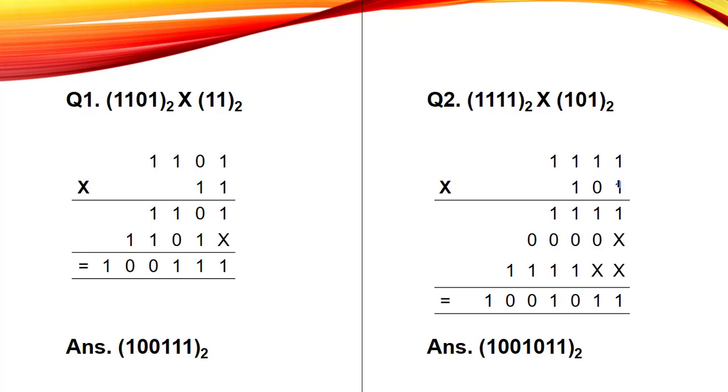Fine. So when you multiply with this 1, the result will be 1 for this one. Then 1 by 1 will be 1. 1 multiplied by 1 will be 1. And similarly, you will get the result as 4 times 1. Now in the next step, we have to multiply the above number with the 0. So when you multiply this above number with the 0, the result will be 0. So for all these 4 bits, you will get the result as 0. And then when you multiply with this particular 1, the result will be 4 times 1.